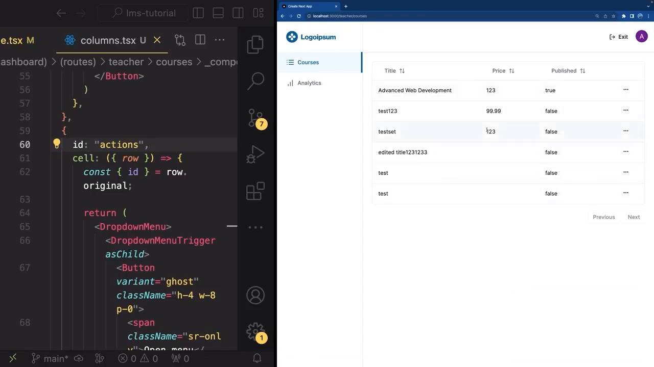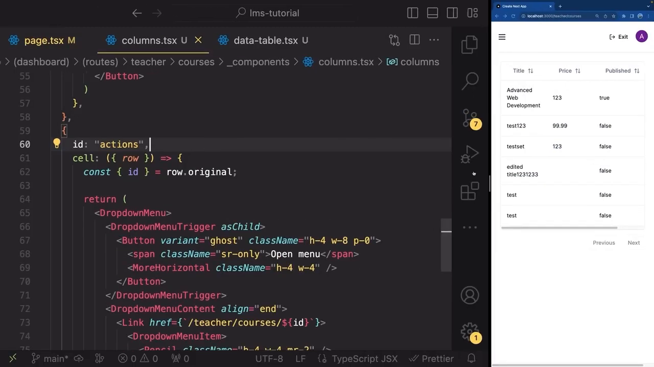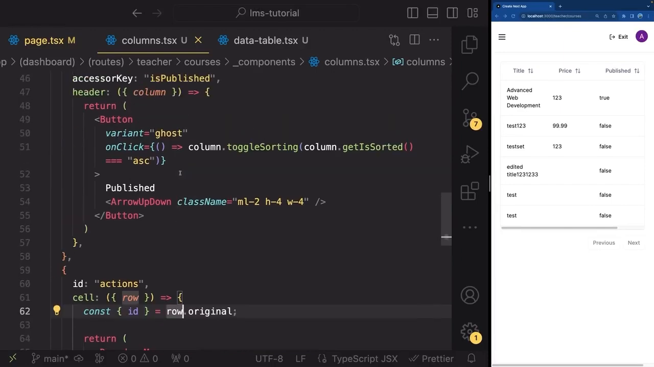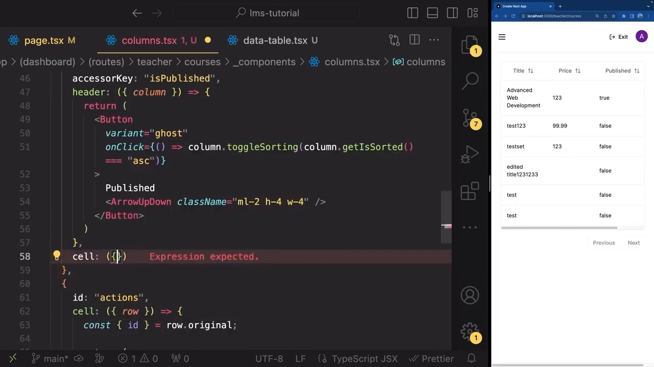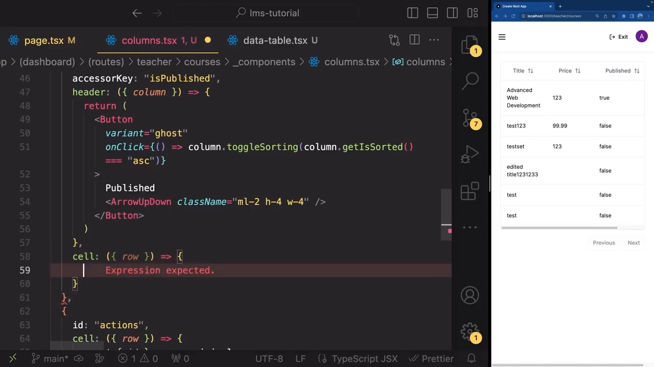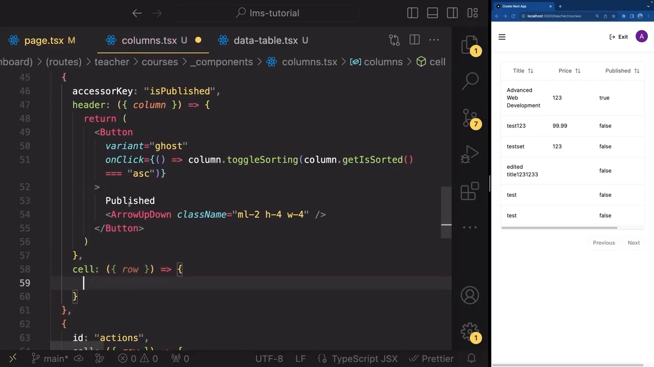Great. So what I want to modify now is I want to change this price to be formatted, so it has a dollar sign. And I want to change this published to be in a badge, right, instead of a true and false. So a bit of a prettier view. All right, so let's go ahead and do the price first. So in here we have a header ready. And after the header, let's add a cell option. And we're going to extract the row here. So I'm working this inside of the is